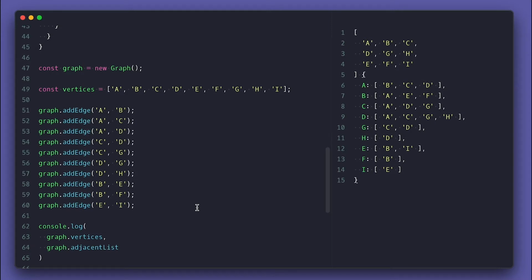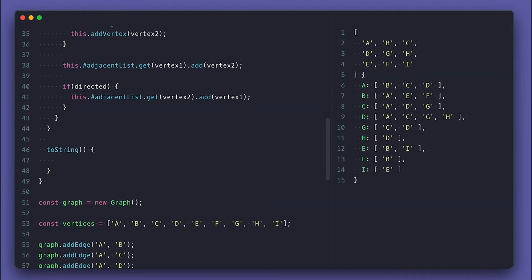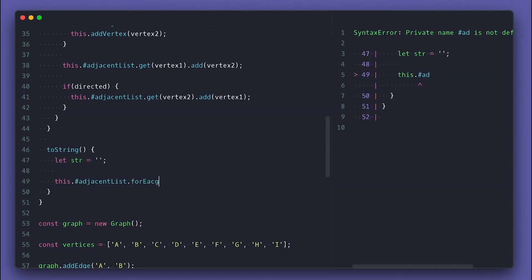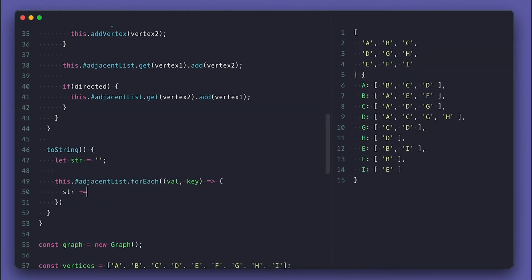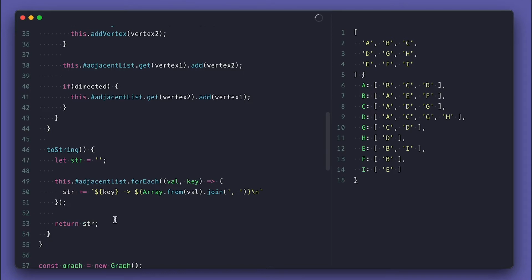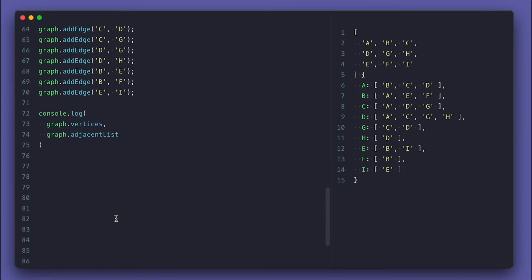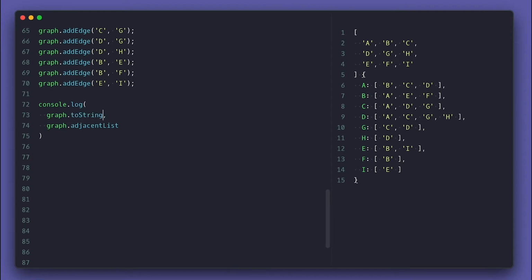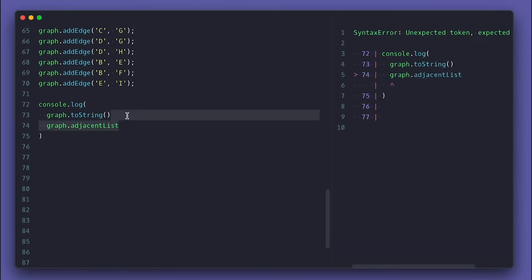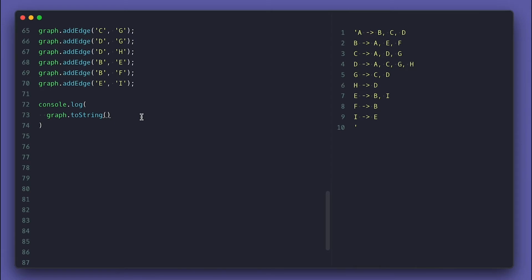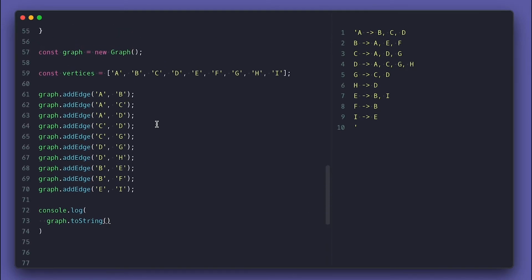To better show the graph, I'll create a toString method that iterates over the adjacency list map and concatenates a string of the key and comma separated values and then returns the string. Now, instead of logging the vertices and adjacency list, I'll call the toString method to see the graph adjacency list string. With that, we have our graph data structure, and to make it more interesting, I'll create an array with